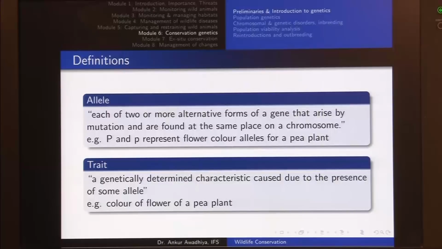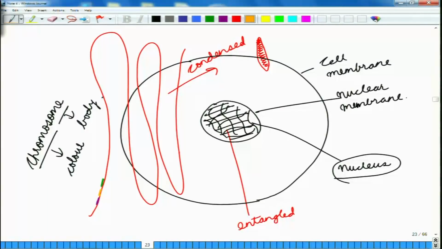So how do we get changes in the sequences? Here we saw that this is a sequence of the gene. So this is the green portion. Now suppose some part of it was replaced by, say, a red dot. These sequences are made out of A, T, G and C, which is adenosine, thymine, guanine and cytosine. So these are four different nucleotides that code this whole chromosome.